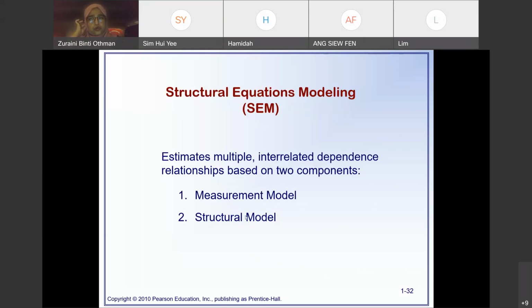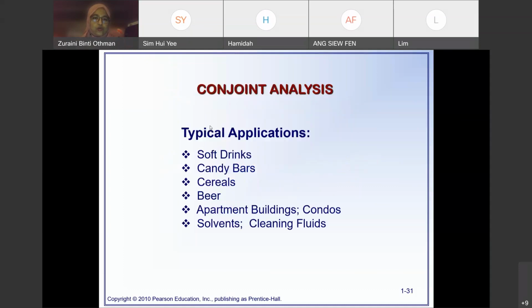Okay, you don't have to remember all the techniques, because we can refer to all the sources while answering the lab session, the project, and also the midterm. This is just the overview. I will not ask you to explain them one by one or what the design is for each. It's not like that. This is like an introduction to what multivariate data analysis is about.